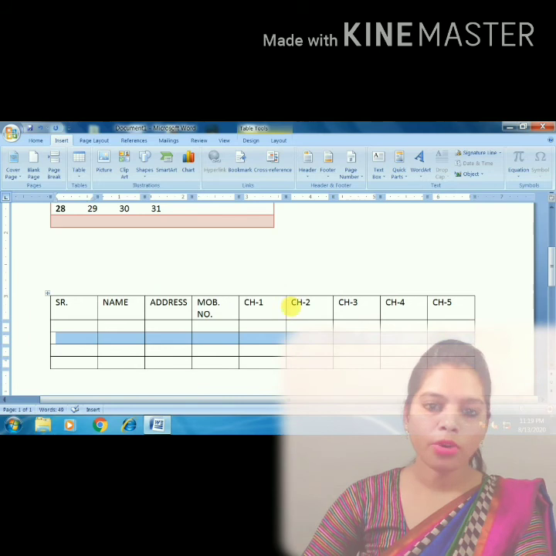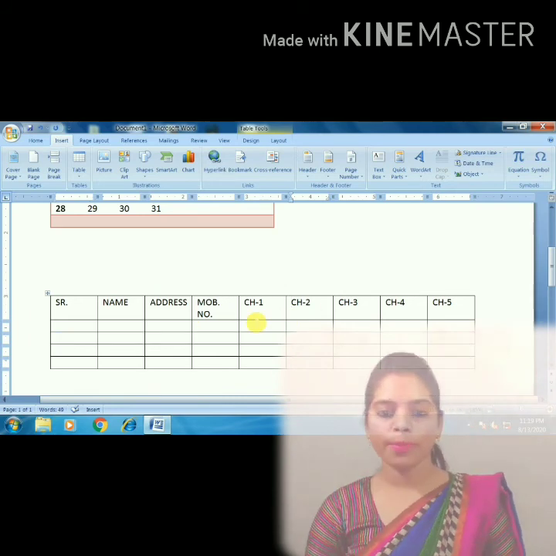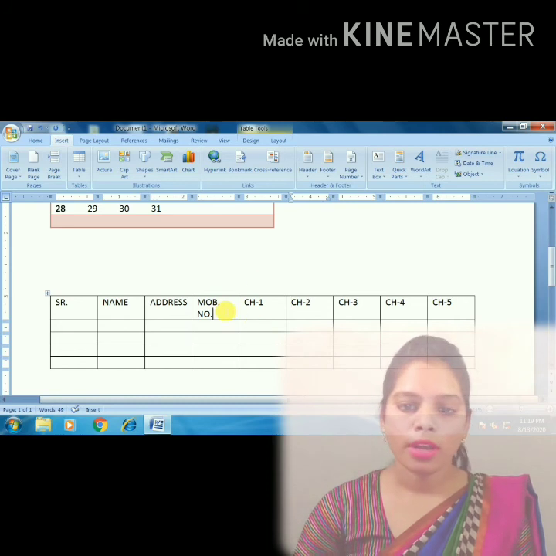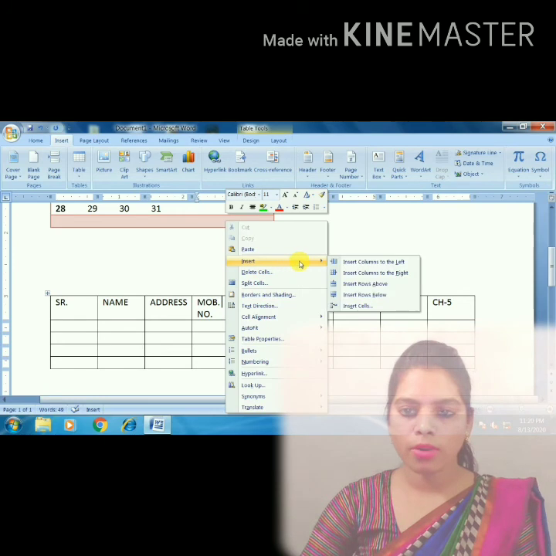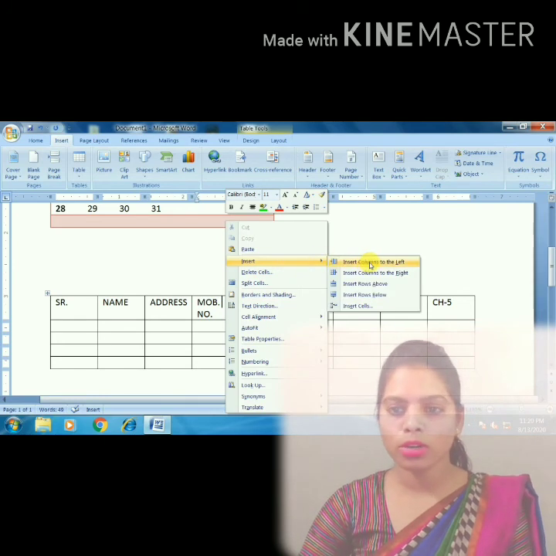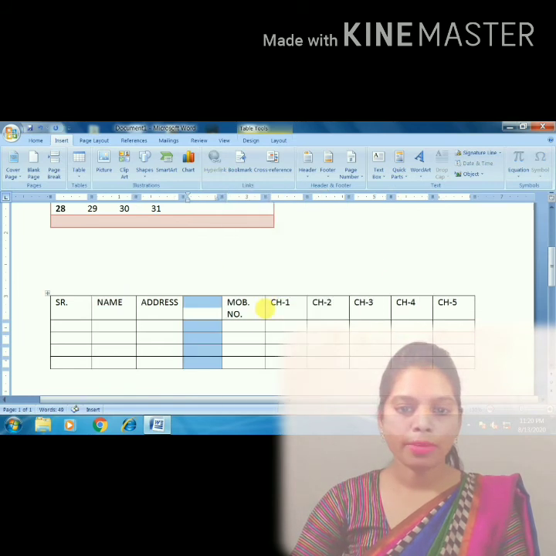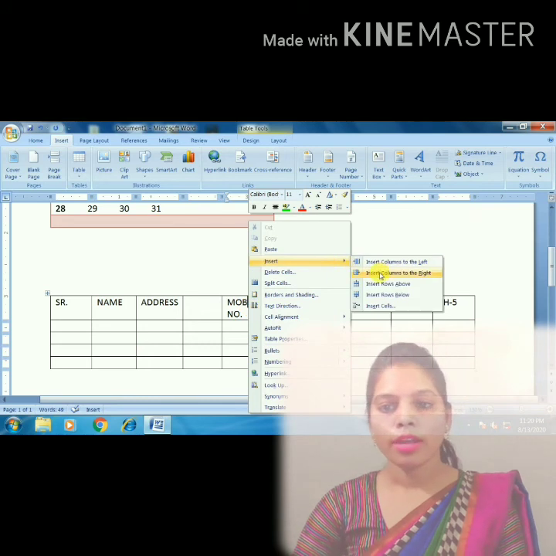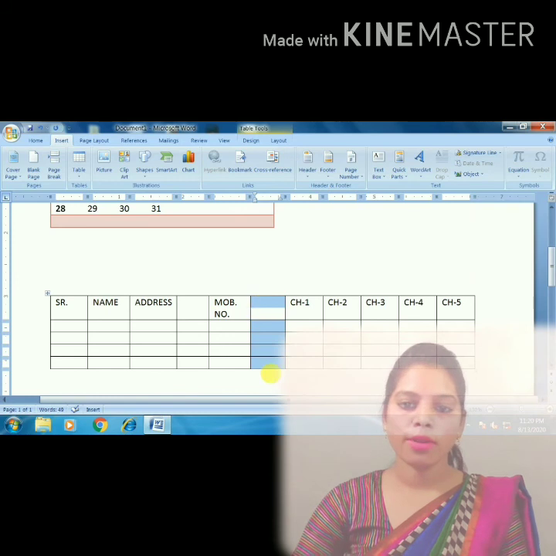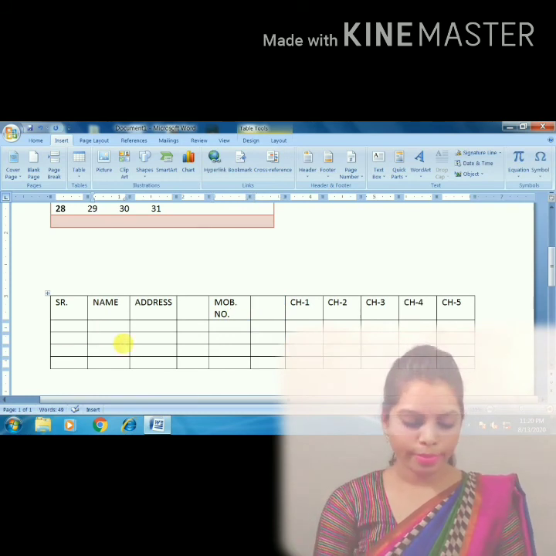After then, let's see inserting a row and column into the table. We can insert row and column. Suppose we have created like this and we want one more column in this table. So click on the table where you want to insert. After then, click on insert. Suppose you want to insert a column to the left side. For that, click on left side. See, on the left side, a new column will get inserted. Suppose you want to insert from the right side, a column will get inserted.